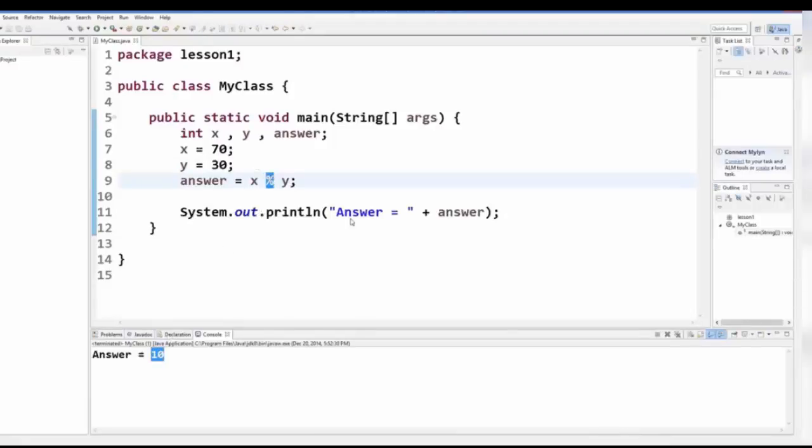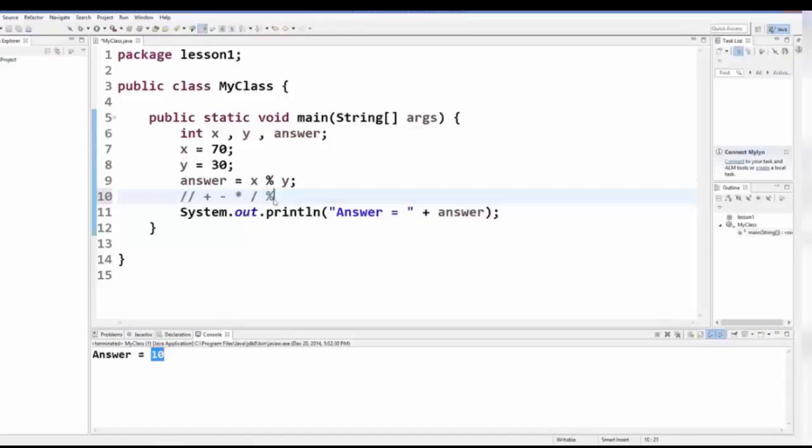Okay, so these are some important math operators in Java. So let's recap. First operator is plus and second is minus, third is multiplication, fourth is division, and the fifth one is this modulus.